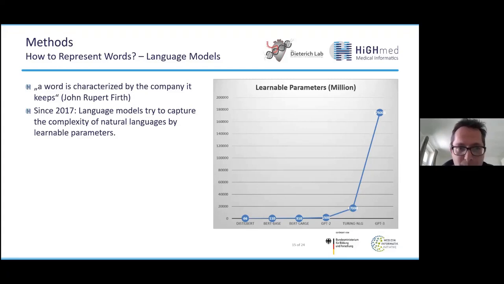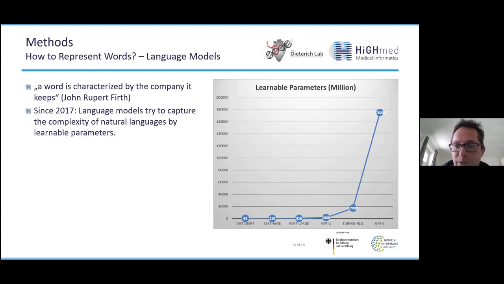And in NLP, we have a very important saying: the word is characterized by the company it keeps. This is very important because it says everything about our language and how language works in a way. You always have to think about the context. There are even languages where you don't use any vowels, so you just have consonants as words, for example in the Semitic languages like Arabic or Hebrew. Here you always have to think in context, and then you can fill in the vowels by yourself. This makes very clear how important the context is for the meaning of a word.